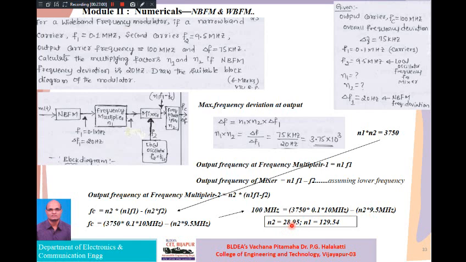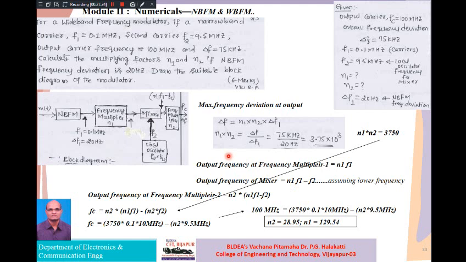So once you get N2, it is very easy to get N1 by using this simple equation. Simply you divide 3750 by N2, you will get N1, that is around 130 or 129.5, something like that. So this is how, guys, these two varieties we have taken. Such kind of similar problems will be asked many times in the UT question paper.